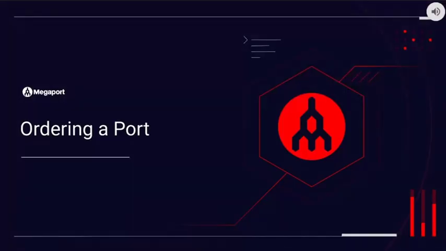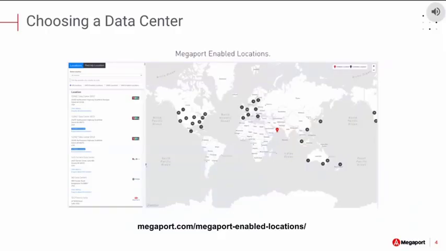In order to connect to the Megaport network, you'll need a physical connection at one of our Megaport-enabled locations. Ordering a port is as simple as choosing a data center, choosing a speed for the port, and downloading a letter of authorization from the portal. We offer 1 gig, 10 gig, and in some instances 100 gig connections. A list of Megaport-enabled locations is available at